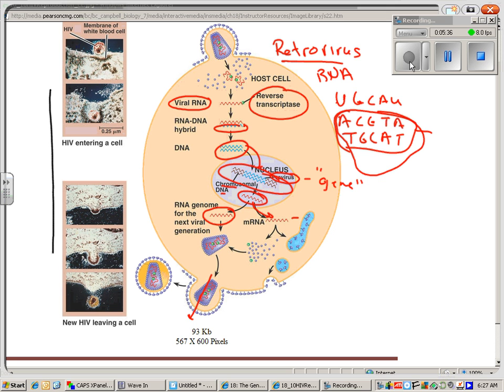Okay, and so here you see on the left-hand side images of what happens. And you can see how viruses can be very, very destructive, and they basically destroy cells. So your question is, well, how do we get rid of a virus? Well, your immune system is designed to kill cells that have virus in them. We'll talk about